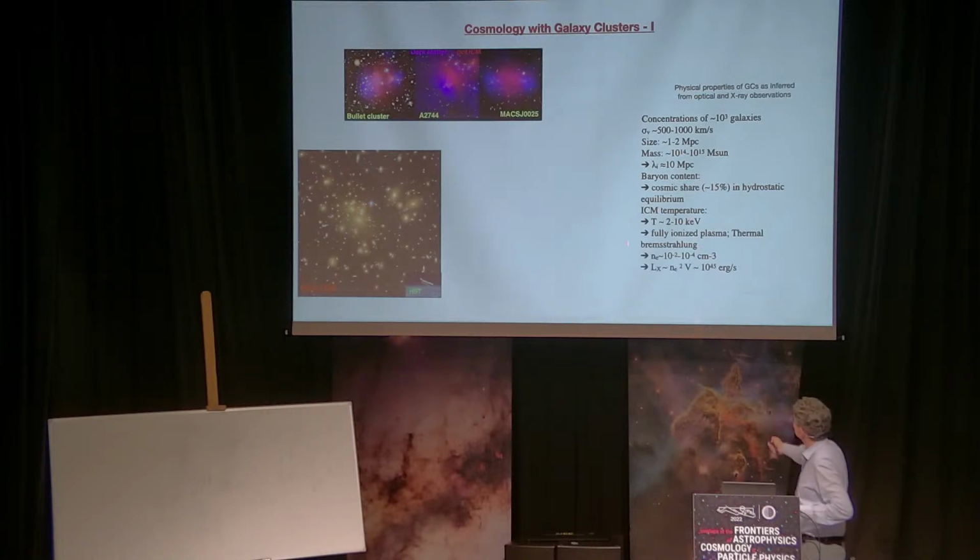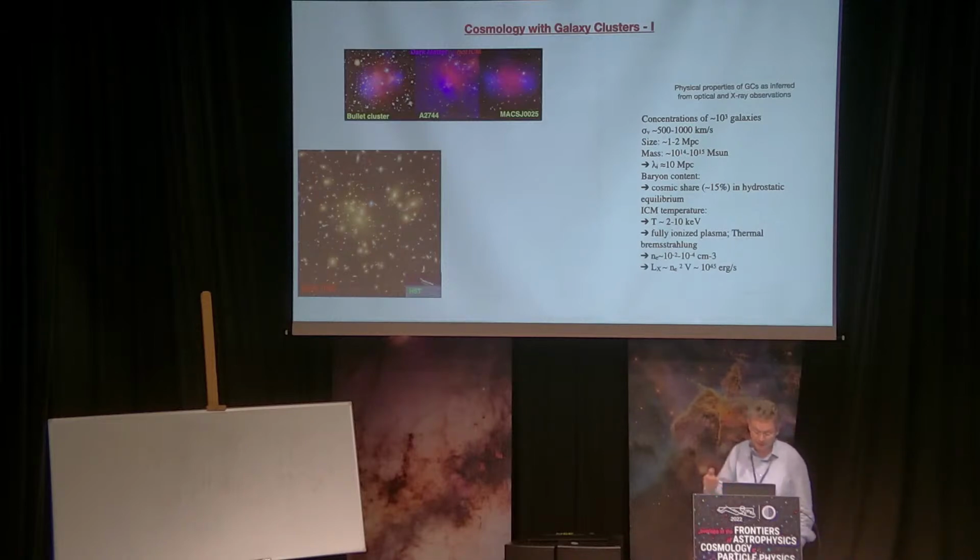But then you can also look at them in the X-rays, and in that case you observe an ICM temperature. You observe the intracluster medium, which has its own temperature. The temperature is so hot because there are physical processes like thermal bremsstrahlung heating things up and keeping this level of ionization and this luminosity. So this is the usual problem: how to convert the properties that you see to the mass of the halo, in order to